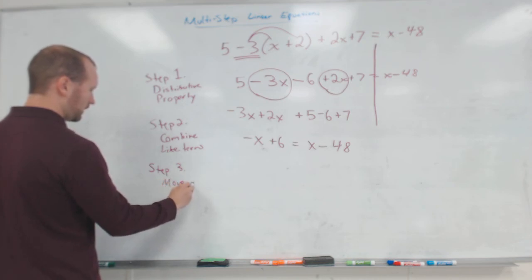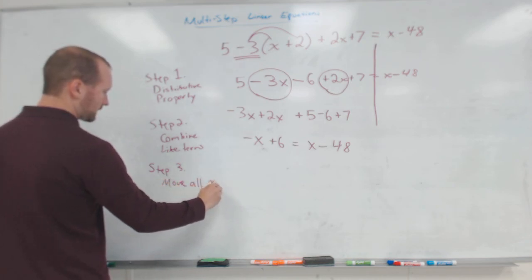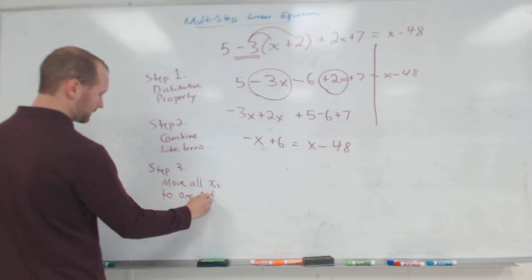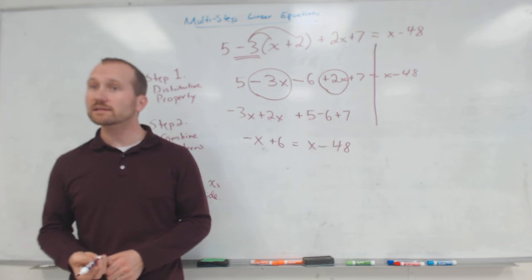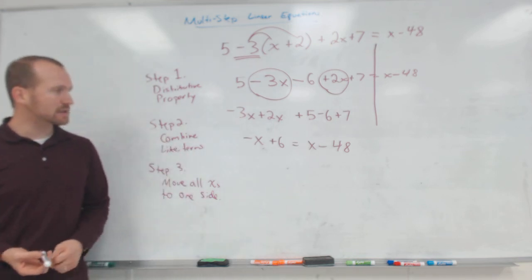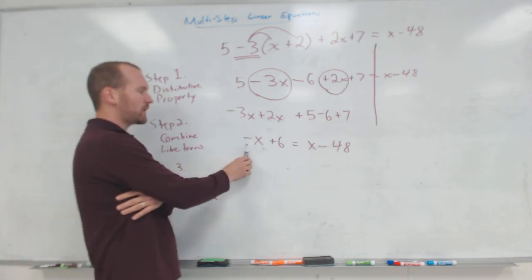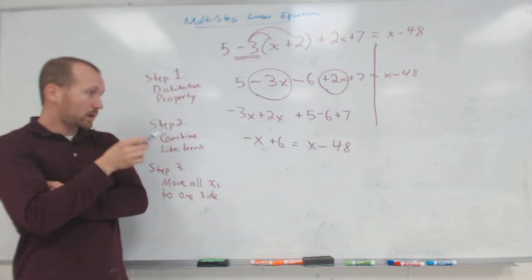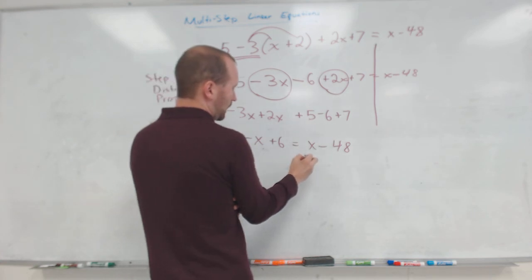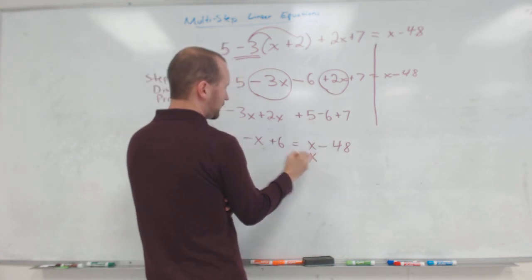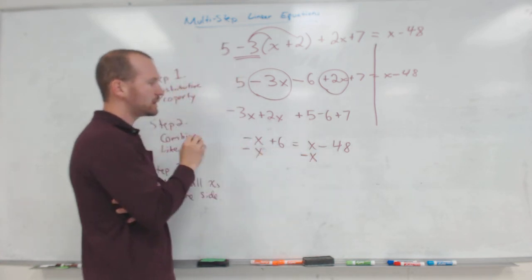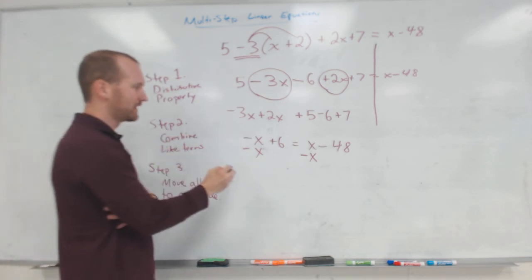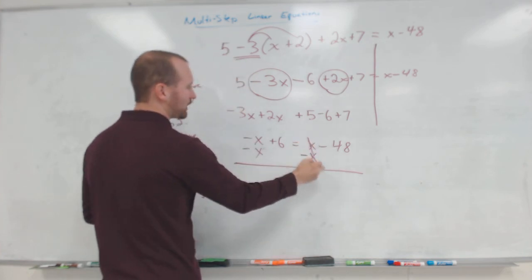Move all x's to one side. So in this case, which x would I want to move? Would I move the negative x or the x? Could be either one. It doesn't really matter, but if we do it this way, you'll see why I told you not to do it this way. Because we end up with